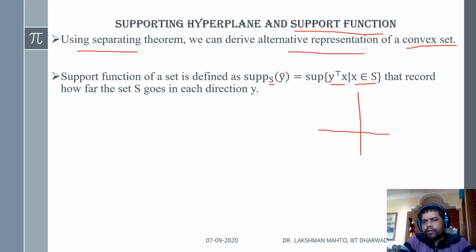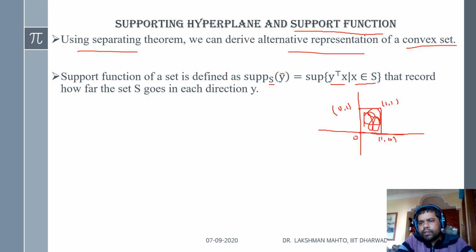In the last class, I had already mentioned how to find the support of a set. So take a very simple example. Last time I had taken the example of a square like this. This was the square, and it had 4 corner points. One was the origin, another was 1 0, I am writing in row form. The third corner point was 1 1, and the fourth corner point was 0 1.